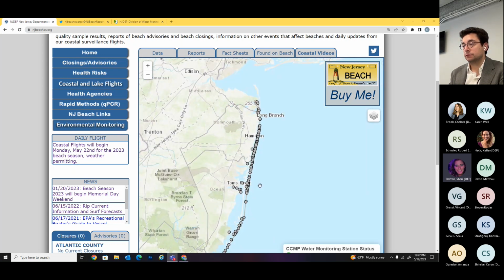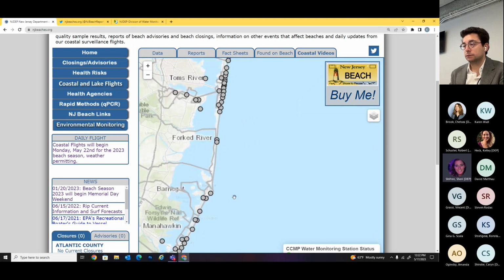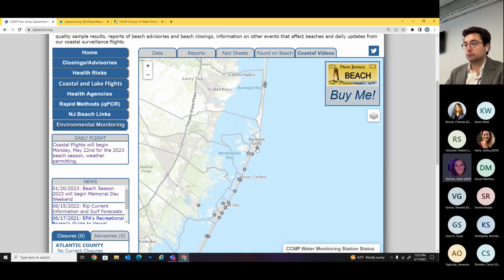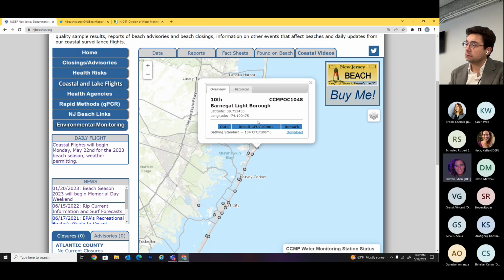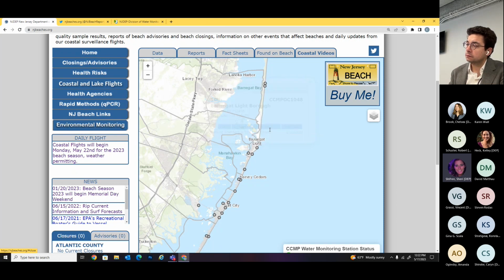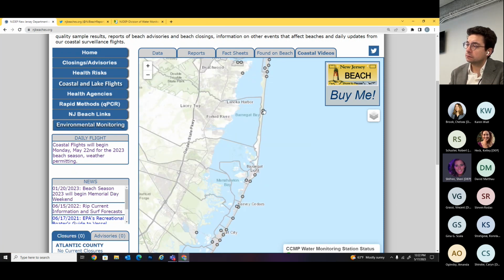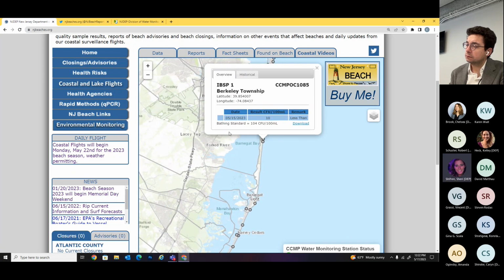If you look at these stations, which I didn't tell you before, everything from the current season will show up for whatever was monitored. So this one must not be monitored yet. Let's see. If you go here, monitoring began at Island Beach State Park at swim area 1 on Monday, and you can see the result was less than 10.